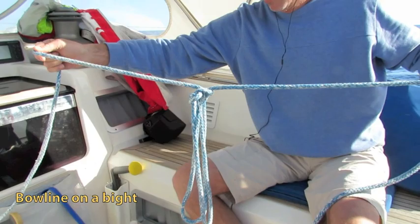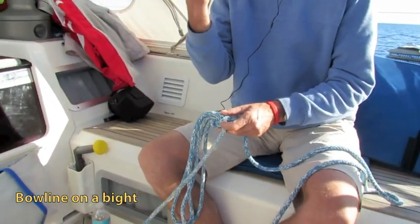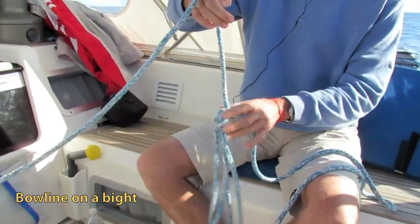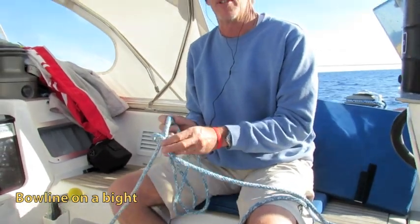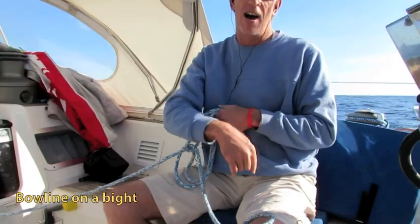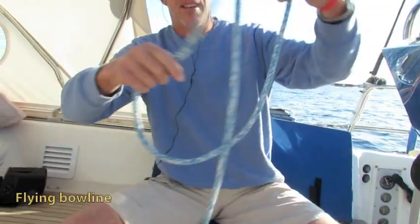A bite is the center part of a line. Take a bite, take a piece of line. So basically a bite in the middle. Say if you needed a downhaul on a long halyard to put somebody up, you could tie a bowline on a bite around his harness, and you could have the bottom long enough to be the downhaul. And then we got the